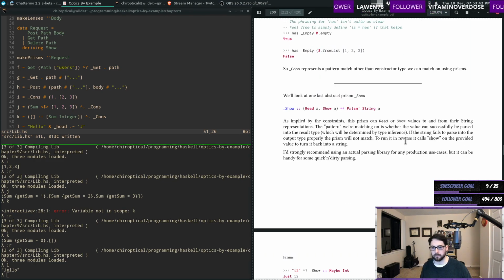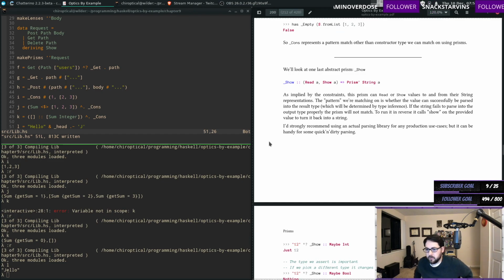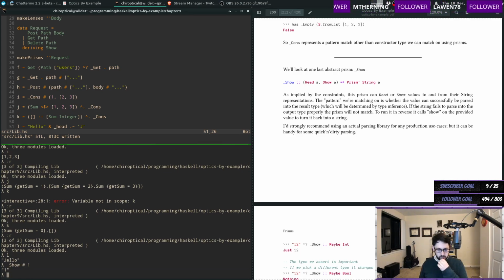Okay. So we'll look at one last abstract prism, show. As implied by the constraints, this prism can read or show values to and from their string representations. The pattern we're matching on is whether the value can be parsed into the result type. Okay, so we can materialize anything as a string, and we can